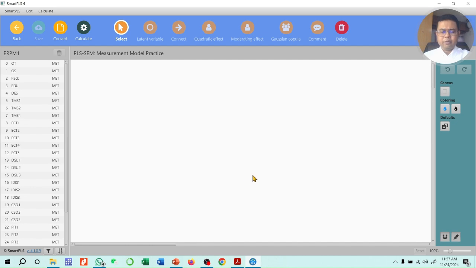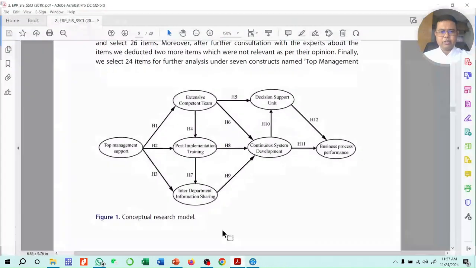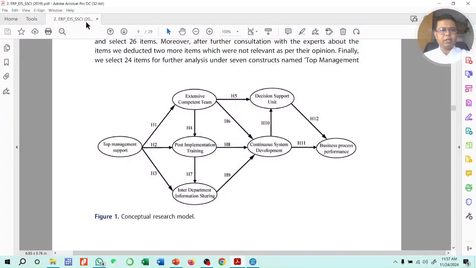But for tutorial purpose, this is one of my published papers, right? It's on ERP. I created this model. It's the conceptual model actually. So how I created this conceptual model, maybe in another video I will try my best to help you understand how we can create a conceptual model, right? What is the scientific way? Okay, so here we will see